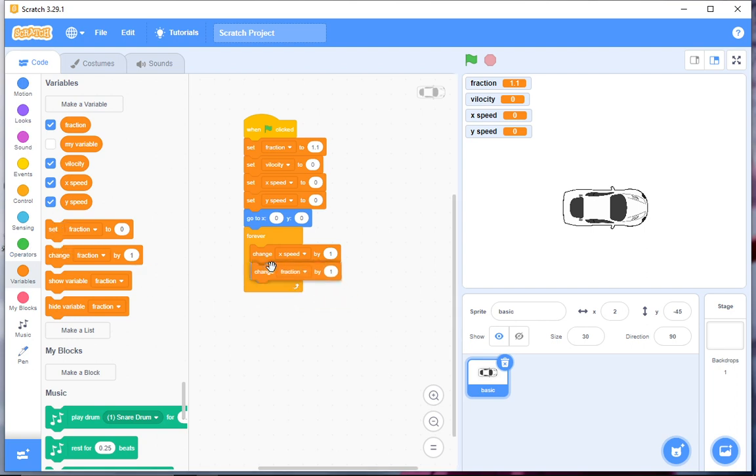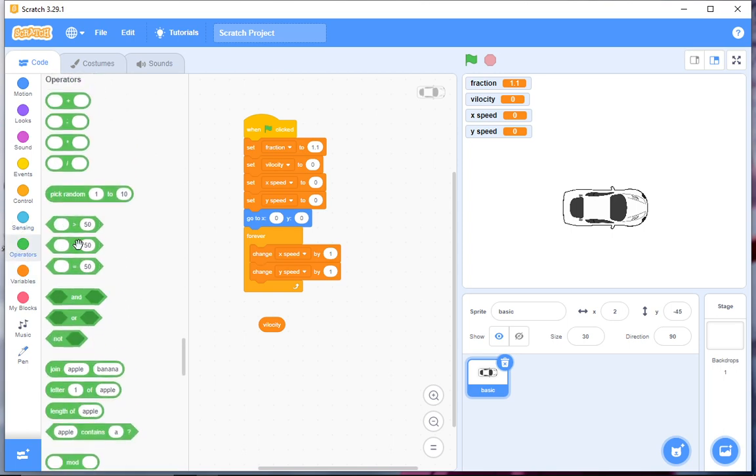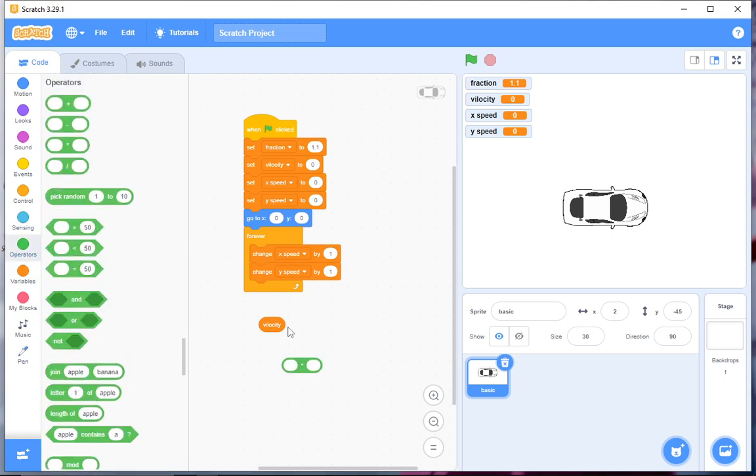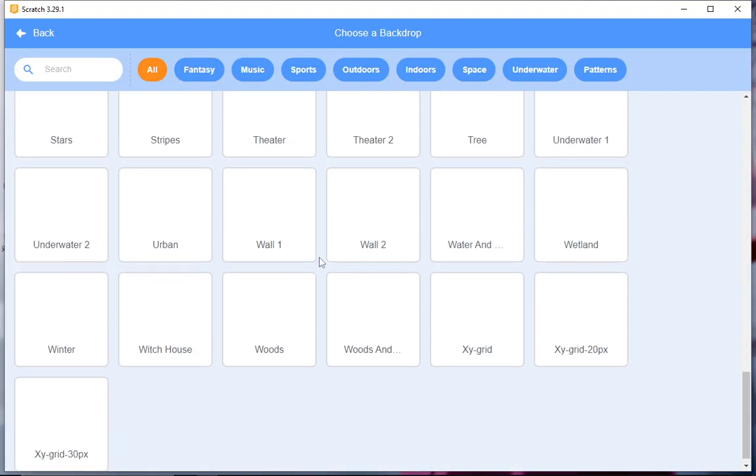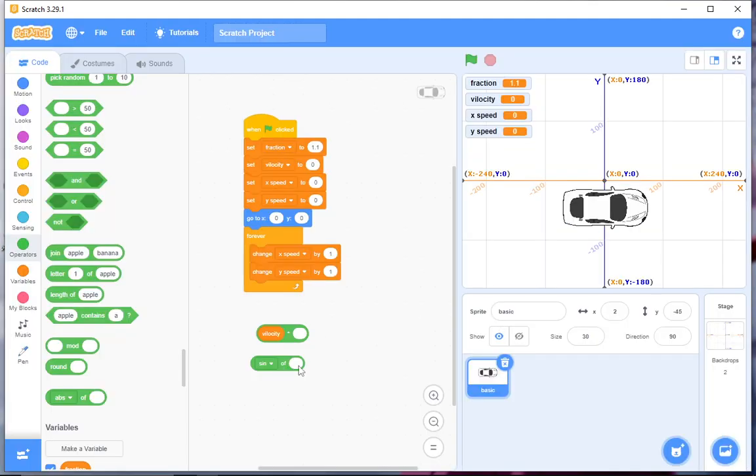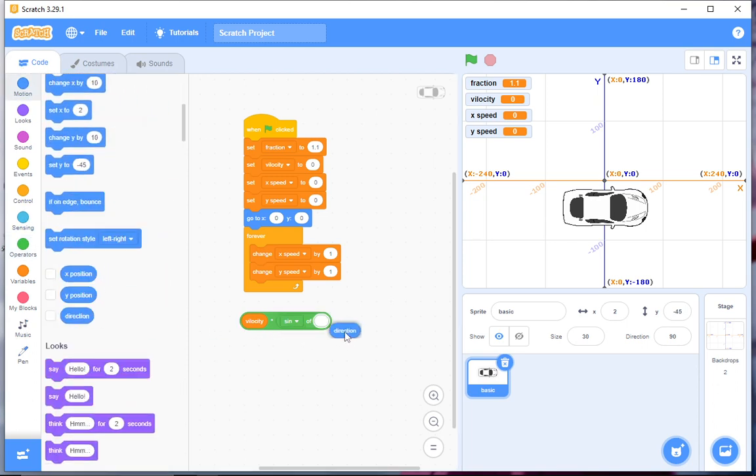What does that mean? I will explain it. Okay, I need the velocity multiplied by sine or cosine. Okay, what does that mean? Sine describes the x-axis and cosine describes the y-axis. So when I multiply the velocity by sine of the direction, this will allow me to change the x speed of the car